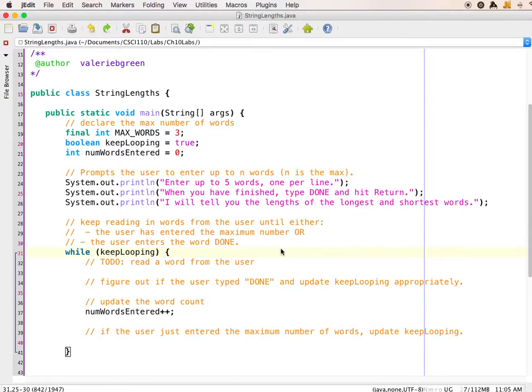Now that I have my basics set up, my objective for this video is to finish my to-dos and get this while loop working so that it goes the right number of times. So it either goes the maximum number of times, or if I type done, it also exits. So that's all I want to get done for this video. If I can get that working, I will be happy, and then I can move on to the next part